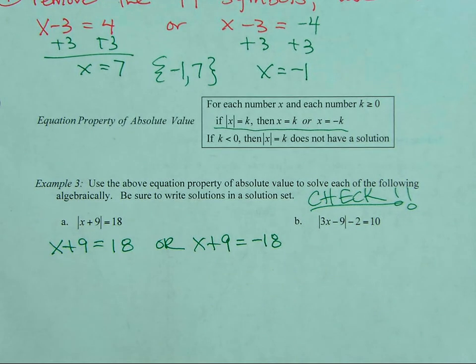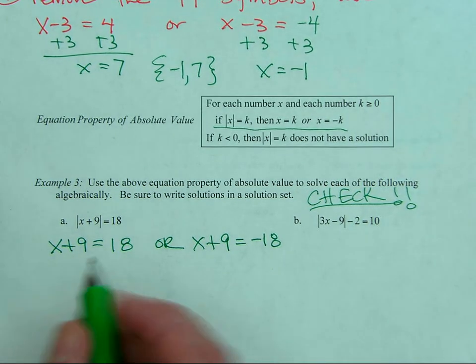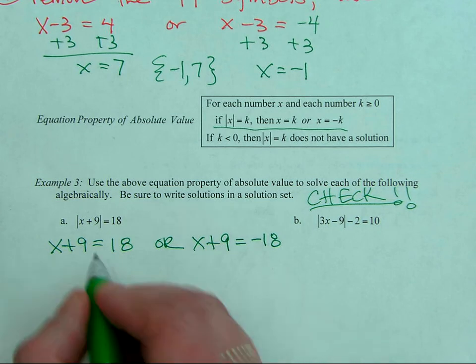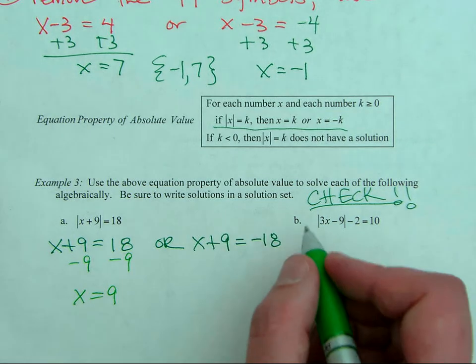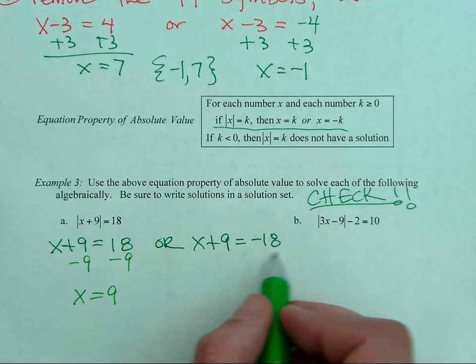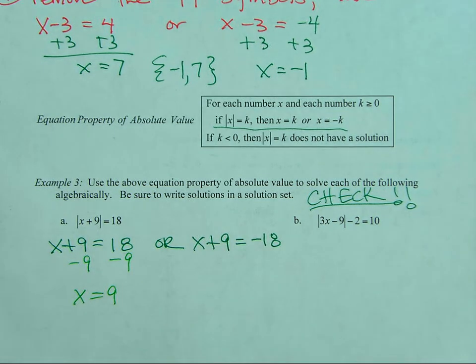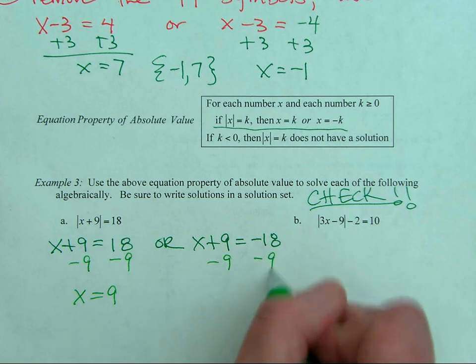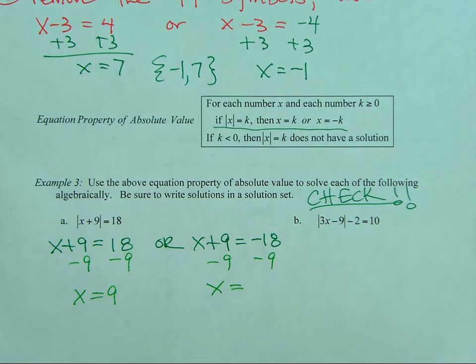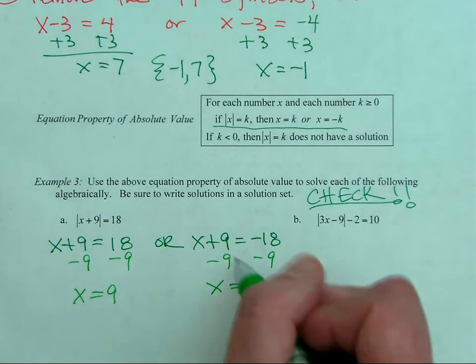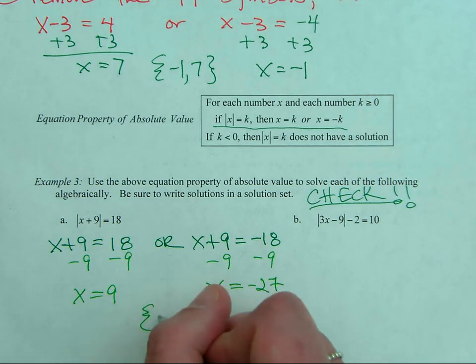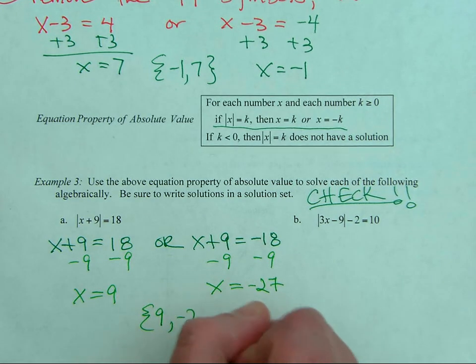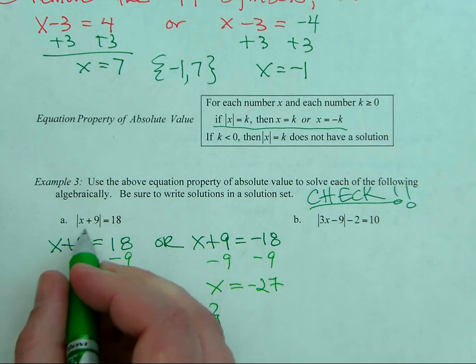And then what do we do to solve for x? What should I do here? Essentially, yeah. X equals 9, so that's one solution. And most people will forget to do the second one, but that's the same. We have to also check both because we can have two different answers. So we go minus 9, minus 9. What could x also equal? Negative 27, is that what you said? And then we would use set notation, 9 and negative 27,